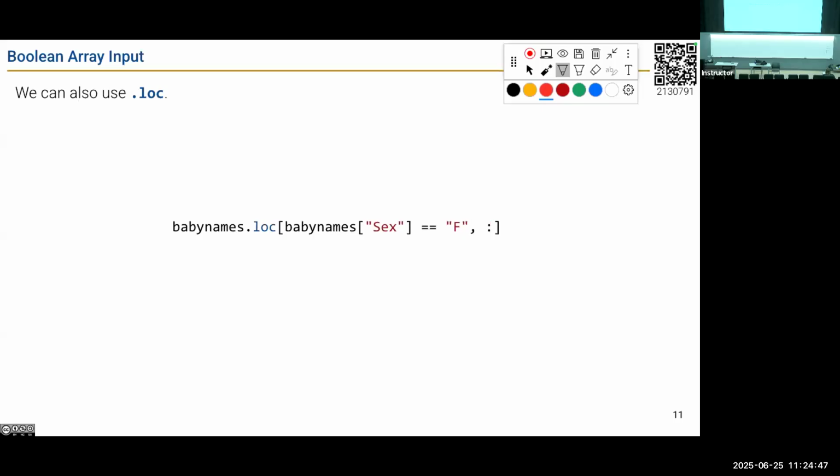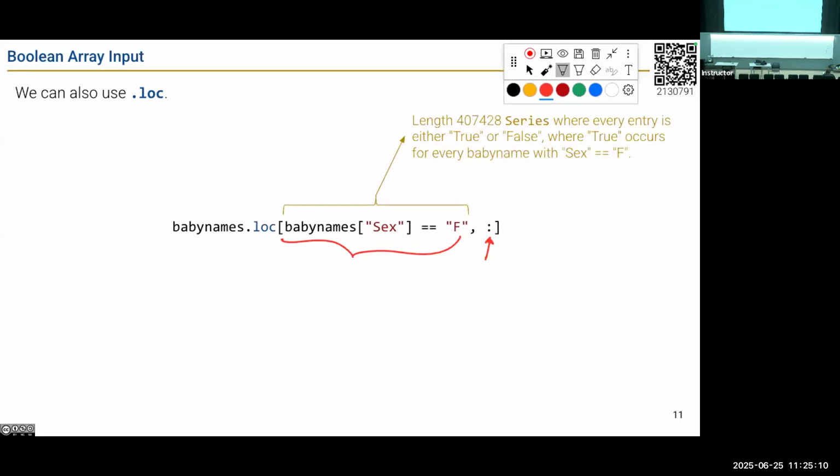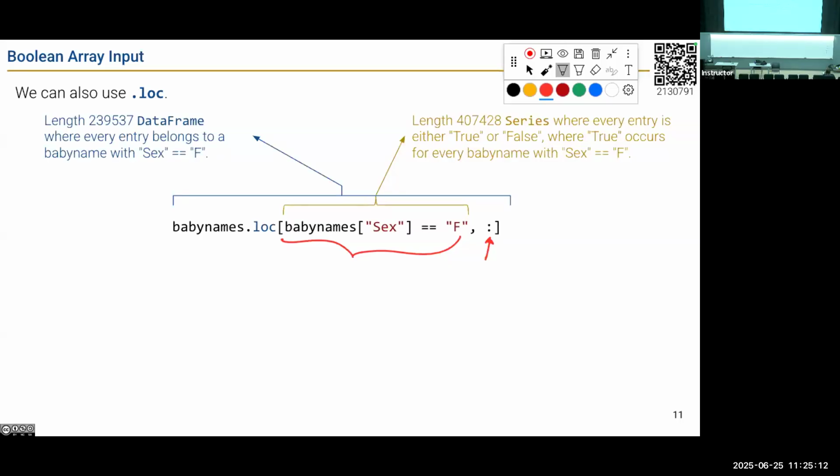What about this? Same idea with .loc. Again, if you didn't include the colon, you would be fine. .loc will automatically insert it for you. But keep in mind for this class, and just generally good practice, .loc and .iloc have 2 arguments. What rows do you want? What columns do you want? In this case, same idea. We pass it the Boolean mask for the rows, and then we say we want all of the columns. So same idea for .loc. We saw this, same idea.